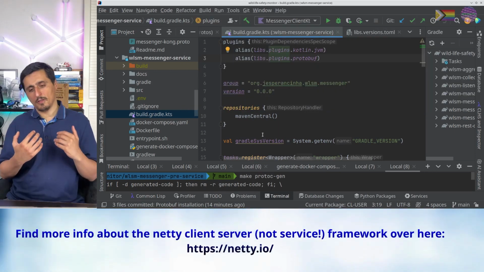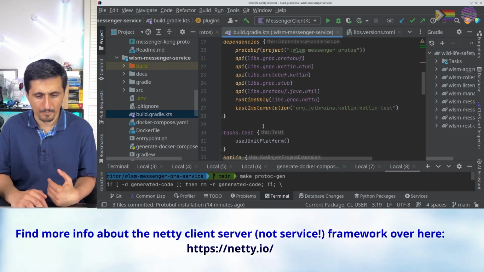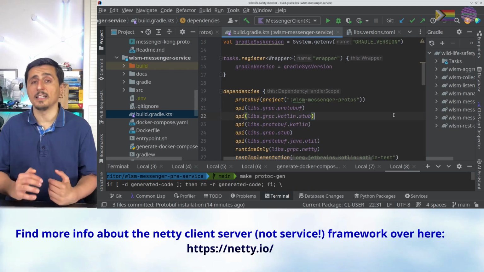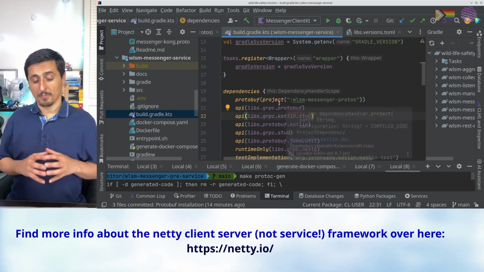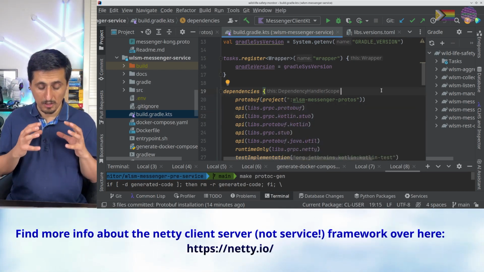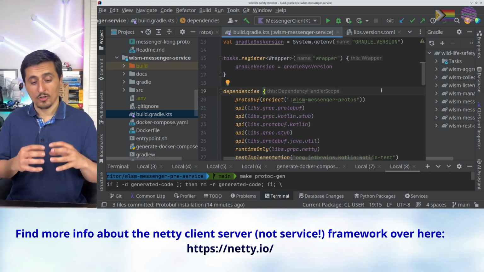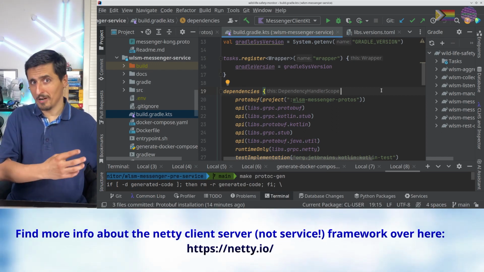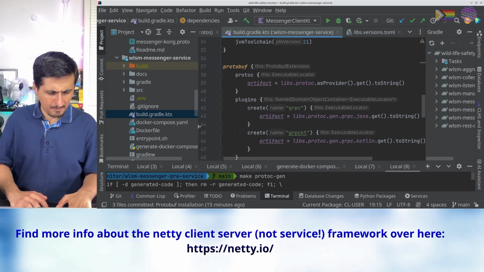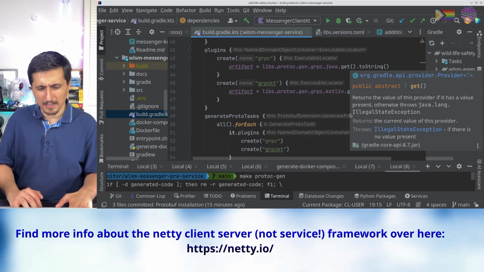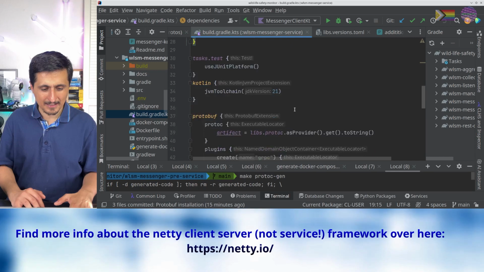So we are using the protobuf plugin, and we are also defining the dependency for protobuf over here. So we are saying that protobuf is going to use the messenger protos project to include in the protobuf code generation. And probably the strangest part here, and this is one of those things that you install once and it works forever, it's this